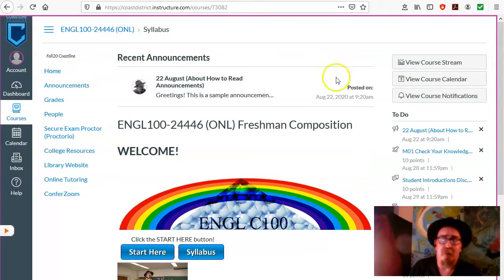Notice that on the home page there is a to-do list. That's a list of the assignments and the announcements that you'll have an opportunity to read and write as we keep going. Notice, for instance, that there's been an announcement on 22 August. You just looked at that. There is a quiz on August 28th, and there's also that assignment that is due August 28th that doesn't appear on the to-do list because this student already did it.